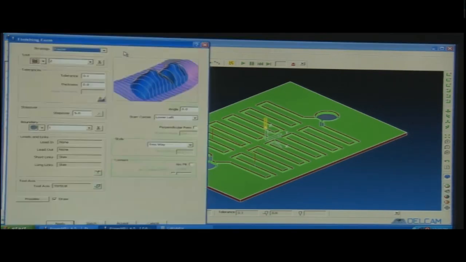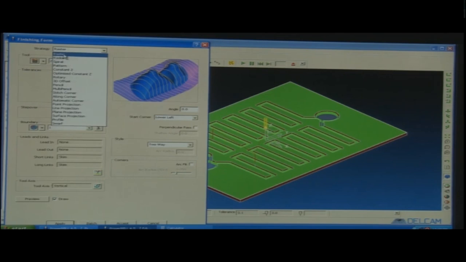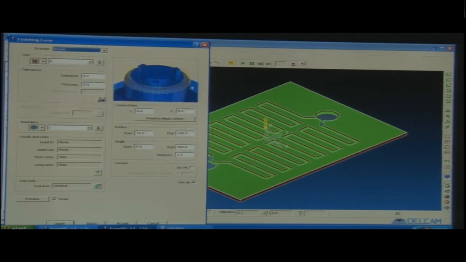So, let us see different modes here. Different strategies for finishing form. For finishing form, you can see here there are certain strategies. There are raster, radial, spiral, pattern, constant Z, then optimized constant Z, rotary, 3D offset, pencil, multi pencil. What are these? Let us try to see. There are numerous types of profiles that can be taken here. Like what is raster? It is just doing the entire area. Radial, it is just taking off the corners of the radius.